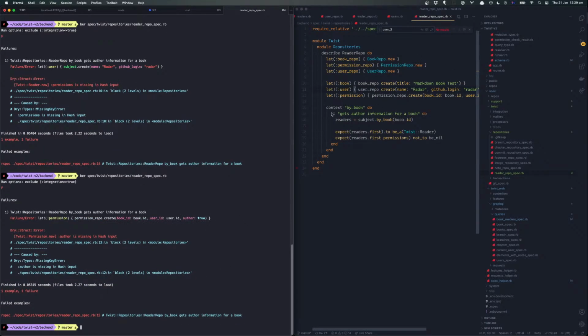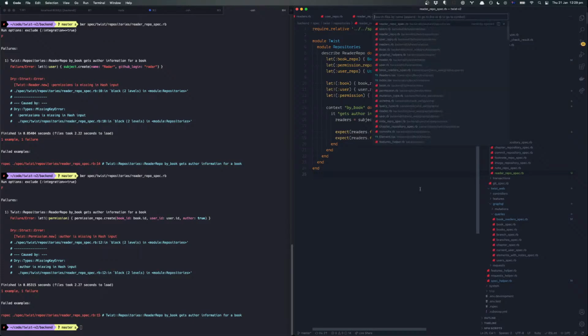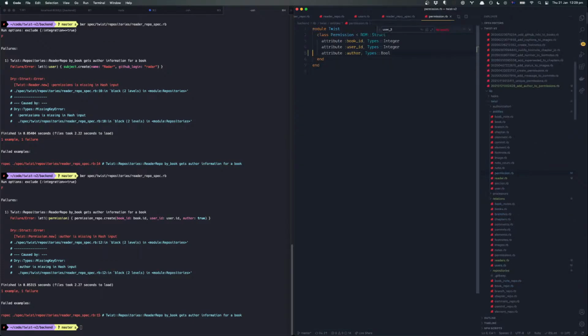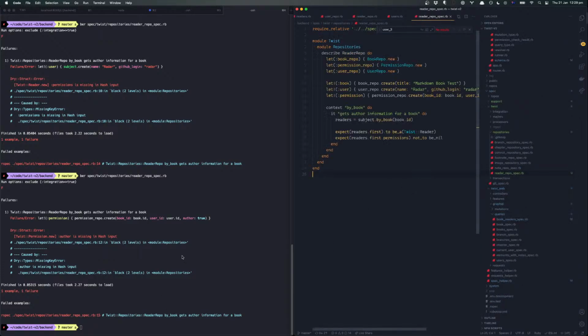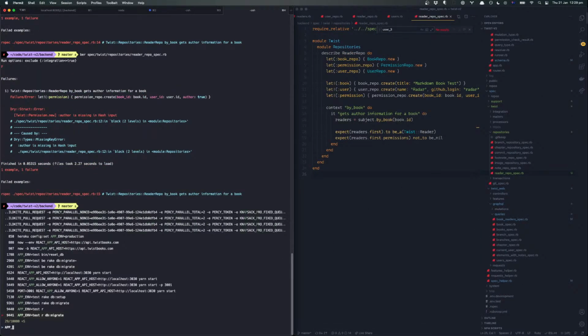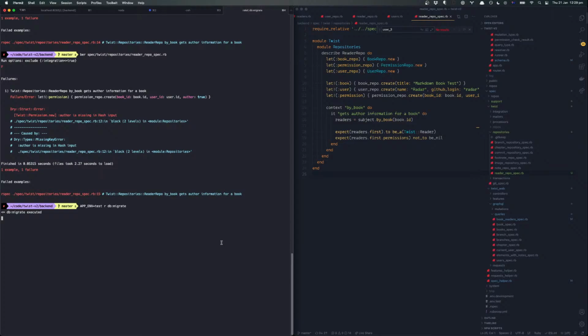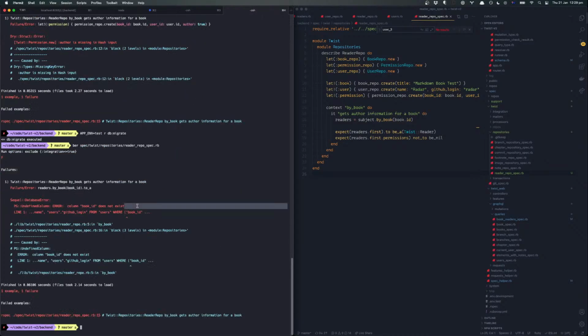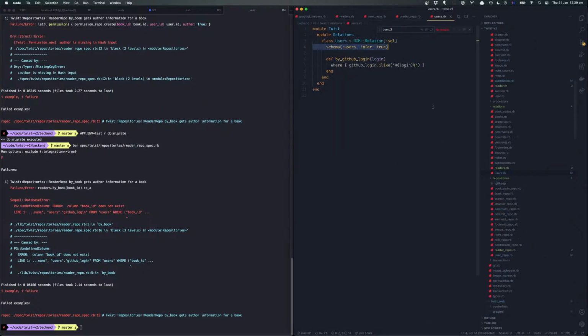So we create the book permissions in that, and the author is missing in this. No, it's not missing in that. I'm passing it through. Oh, permission new. So when we get back the permission, you know what it is? I haven't run the migrations on the test database, I don't think. And reader repo by book, that is readers, where I think this needs to be,